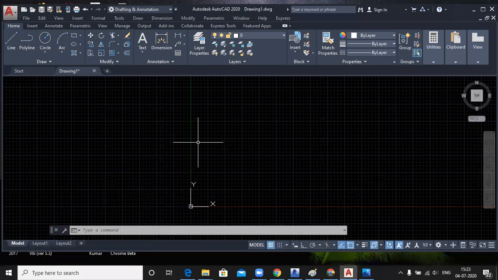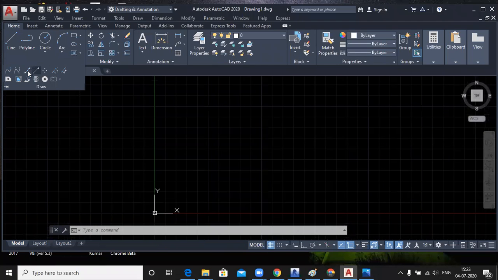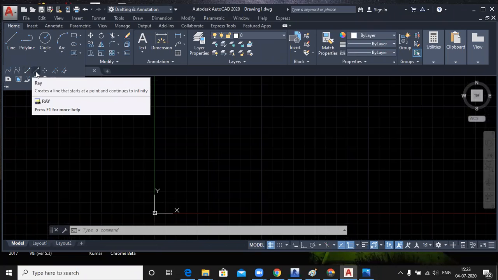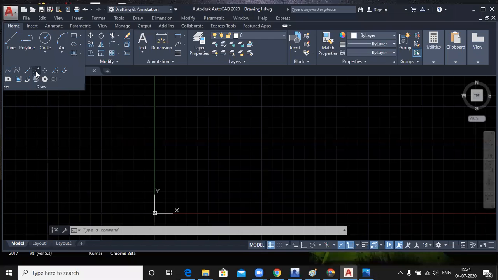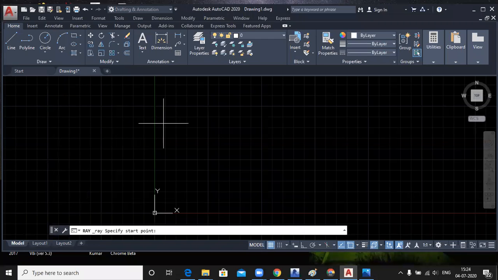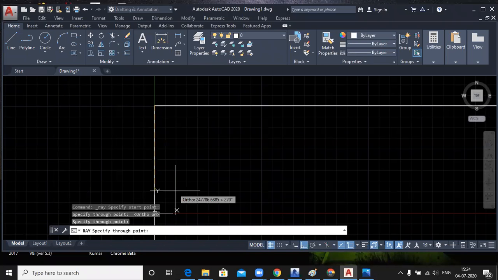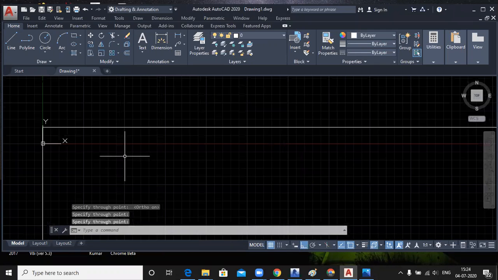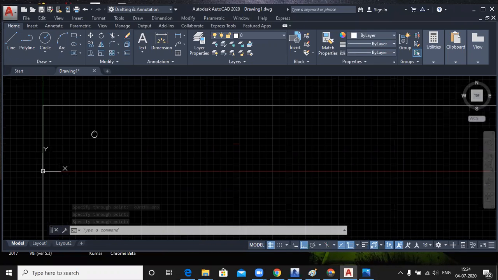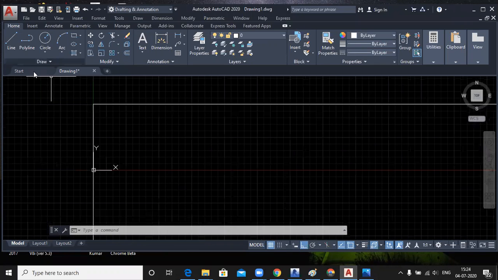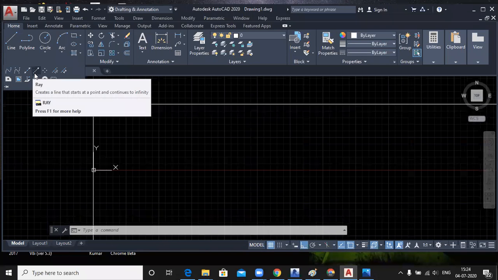You just activate your X line or your ray. This ray is also of infinite length, but it has no dimension, one end point only, and the second is infinite of length. You can take any one of them, construction line or your ray.